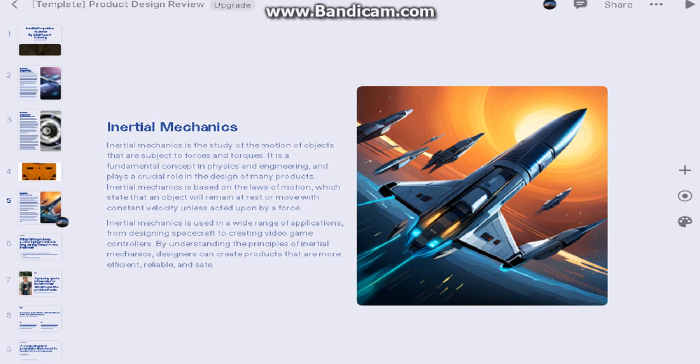Inertial mechanics. Inertial mechanics is the study of the motion of objects that are subject to forces and torques. It is a fundamental concept